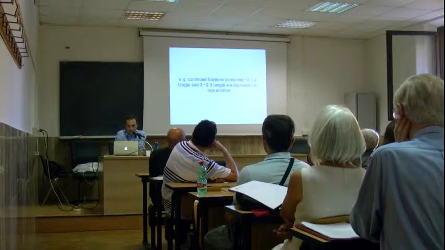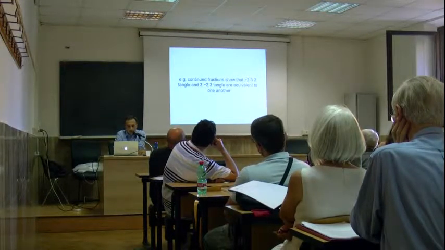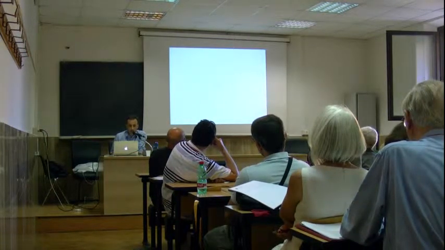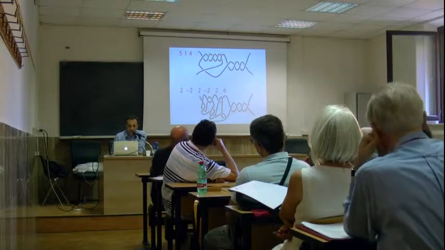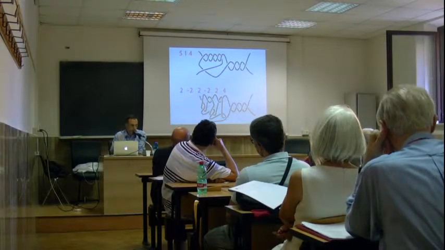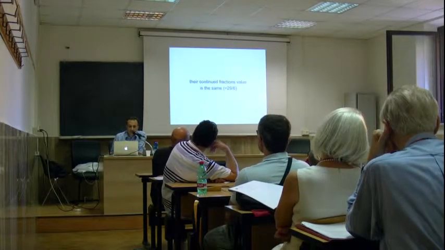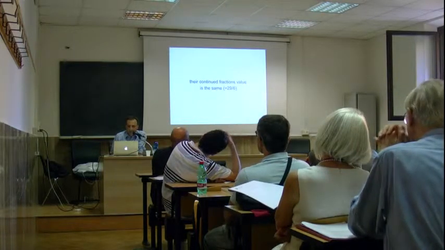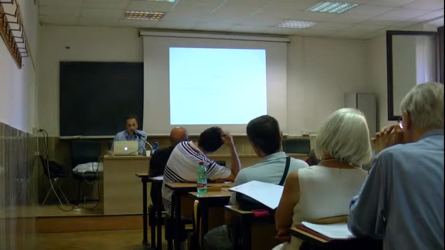For instance, you can show that tangles minus 2, 3, 2, and 3, minus 2, 3 are equivalent to each other, or you can show that these two tangles are equivalent. Two very different notations, these two rational tangles, I mean. In fact, they have the same continued fraction value, 29/6. Now the interesting aspect of this use of tangles is that the same holds for knots obtained by rational tangles. And so we can prove this theorem.